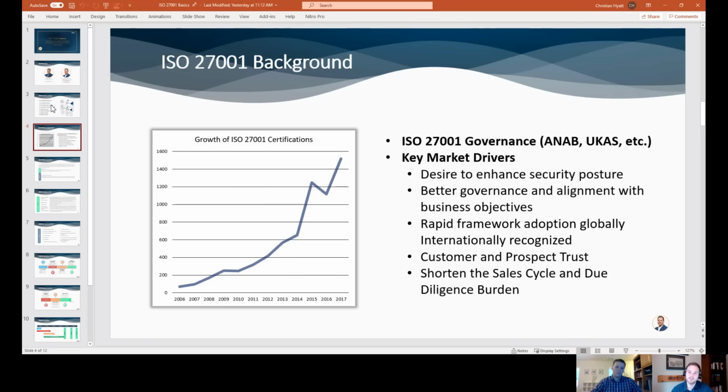The answer is likely yes, because it's kind of table stakes if you want to do business, especially if you're a SaaS provider or some type of technology provider, and you want to do business with the big companies that are a little more conservative and don't want to take on the risk and want to feel comfortable that you have a security program.